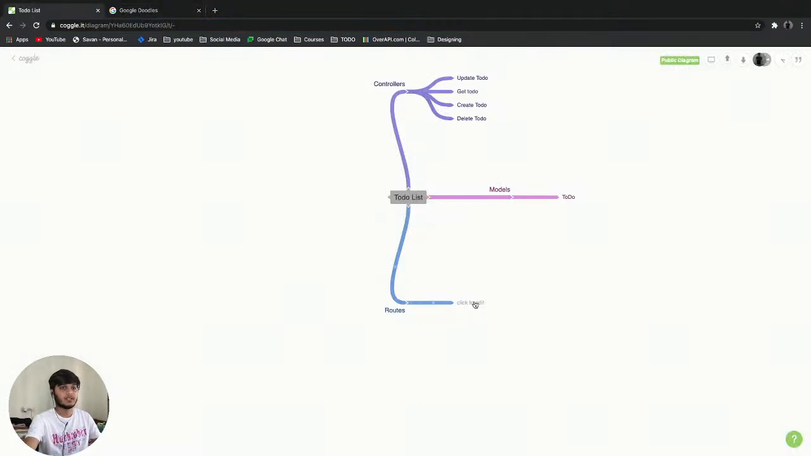We'll be understanding it. Don't get panicked. Just have a simple idea. I'm just giving you an idea of what we'll be doing today. And yeah, in the routes we'll be creating slash get to do and create to do. We'll be creating just one route, slash to do, and inside of that